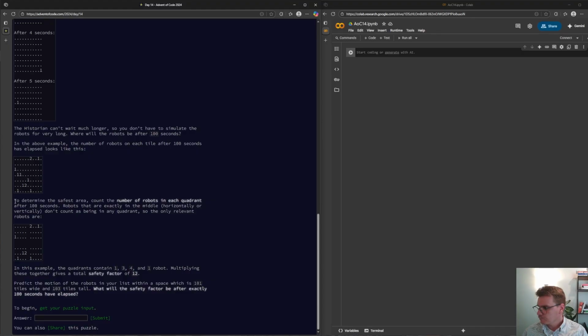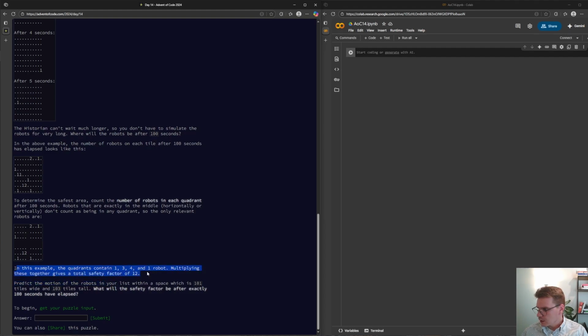To determine the safest area, count the number of robots in each quadrant after 100 seconds. Robots that are exactly in the middle horizontally or vertically don't count as being in any quadrant, so the only relevant robots are these ones. In this example, the quadrants contain 1, 3, 4, and 1 robots.